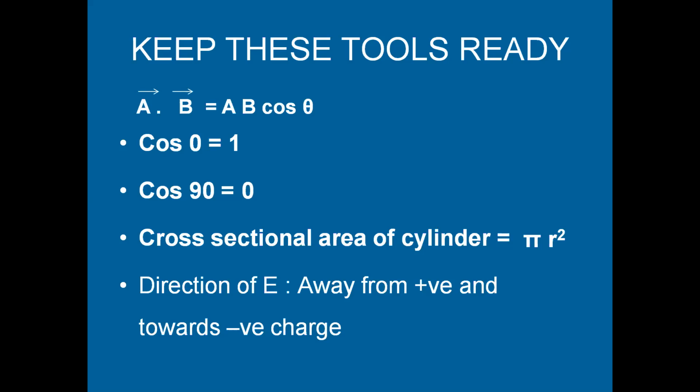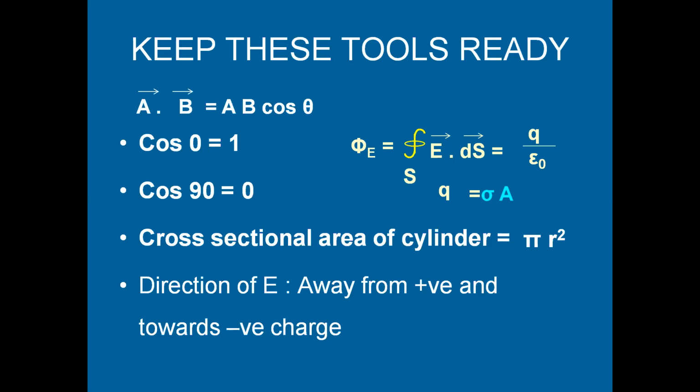And we've already studied the mathematical expression for Gauss theorem, which is nothing but phi E is equal to surface integral E dot ds, where phi E stands for electric flux, and surface integral E dot ds will be equal to Q by epsilon 0. Q is the total charge enclosed within the surface. And we also know the relation between charge and surface charge density: Q is equal to sigma A.